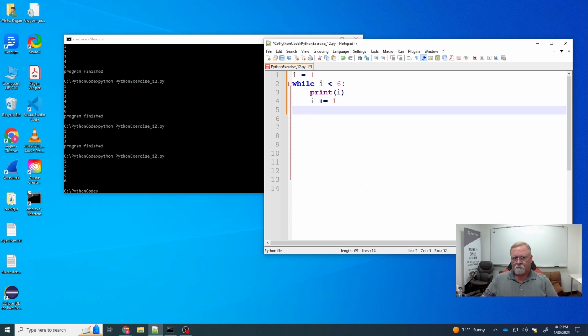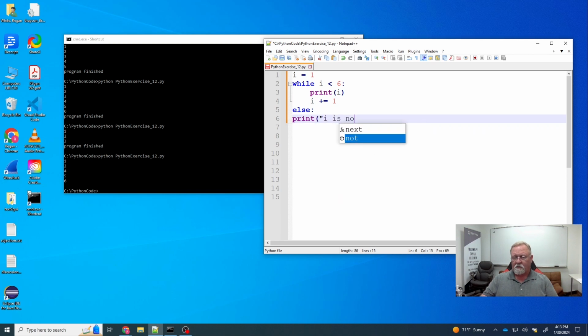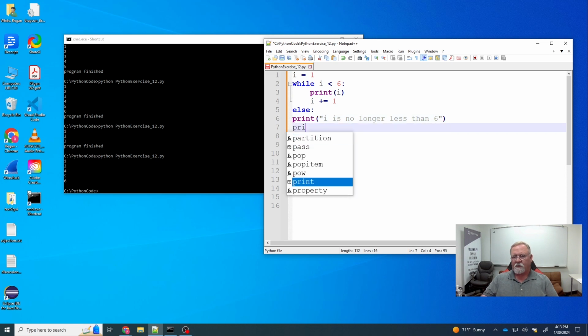Now, put an else in here. And we're going to print I is no longer less than 6. And that's what's going to happen. And then we're going to print